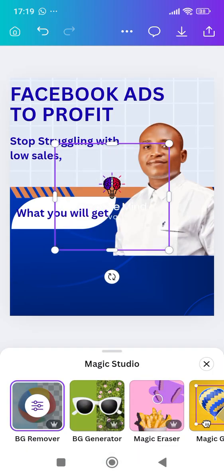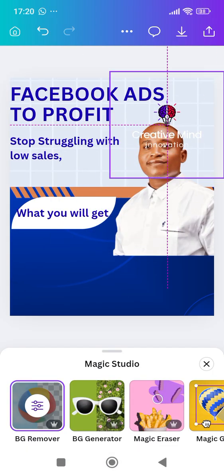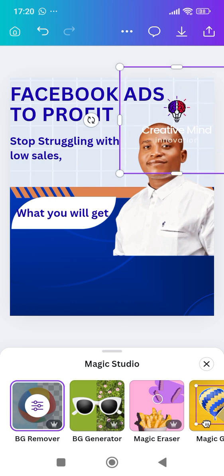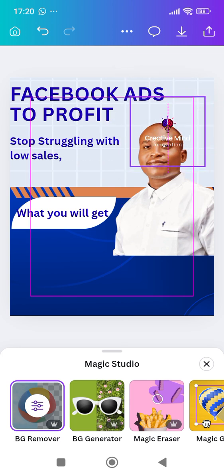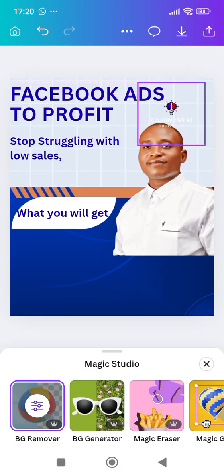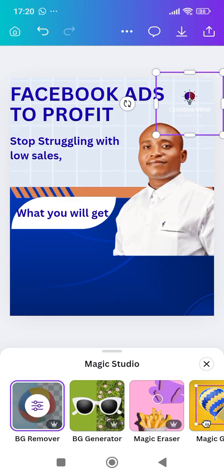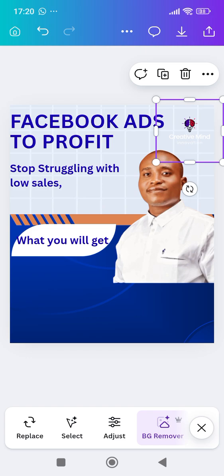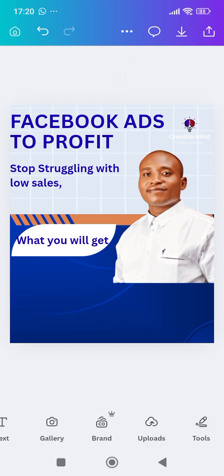Then wherever I want to put it, so that it makes sense, you reduce the size. You understand? So that people can identify with your brand name. You understand? And then, if for instance I want to use the same